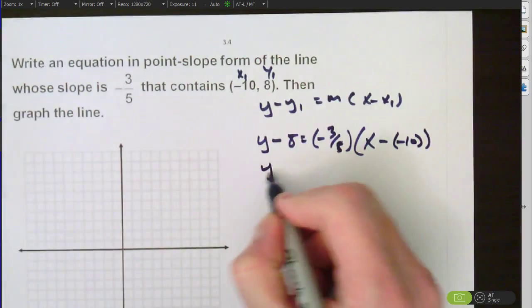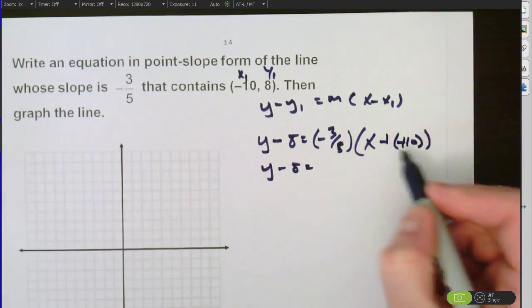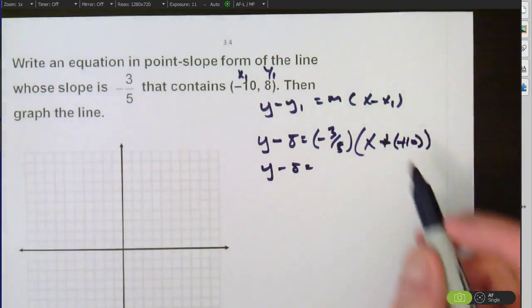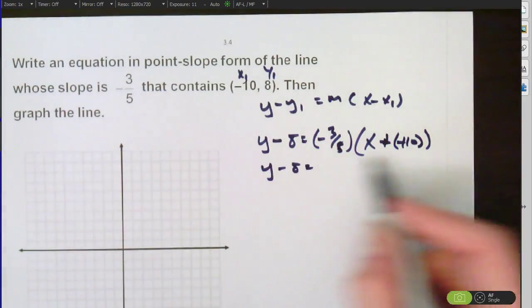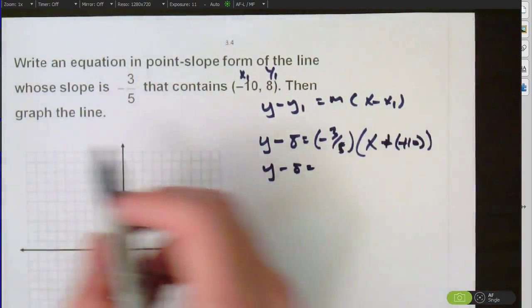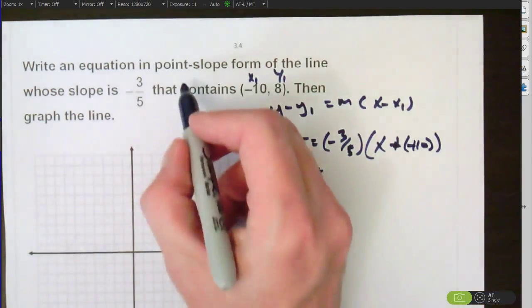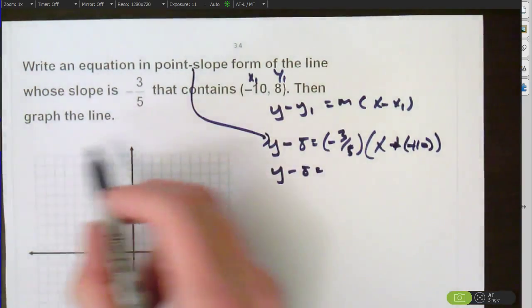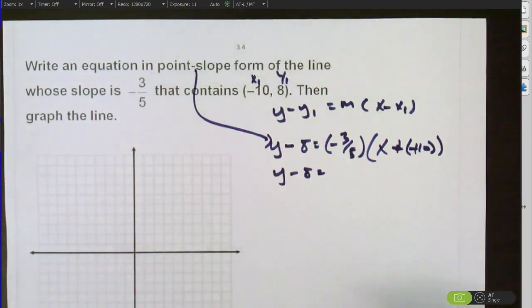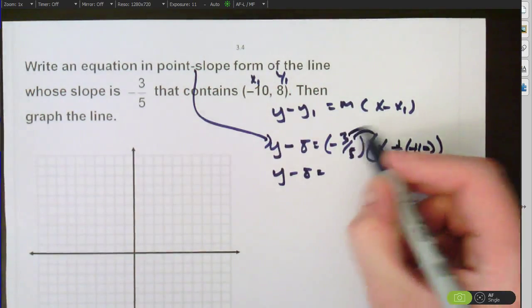So y minus 8 equals, I'm going to make that plus 10 just so I can cancel that off. And it's in point slope form right here actually, but I'm going to go ahead and transfer to slope intercept just to graph it. I should have said that, so sorry. So here it is in point slope form, but to graph it, it's easiest to graph it as slope intercept like we've done previously. So distribute the -3/5 to both of